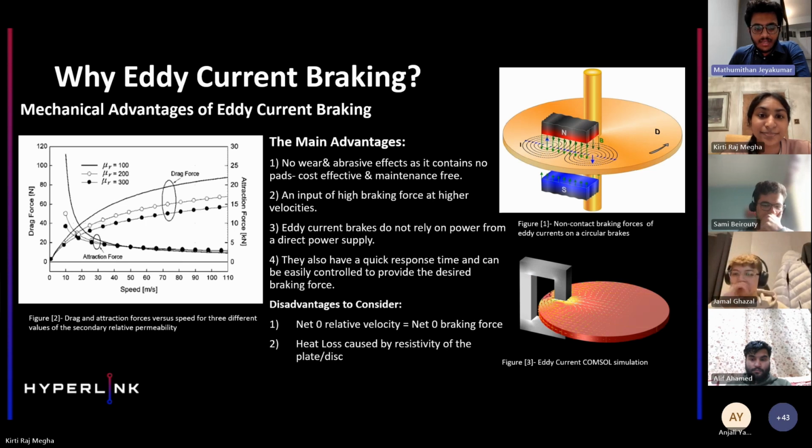Eddy current braking has many advantages in the design and manufacture of Hyperloop pods. Some of the main advantages include, as shown in figure 1, that it's a wear and abrasion-free braking mechanism, since no pads are used for eddy current braking technology. The conductive plate uses the interactive forces in the eddy current to oppose the field from the magnets, which creates